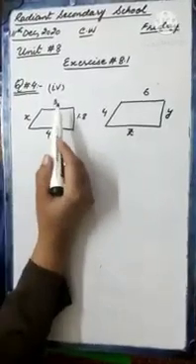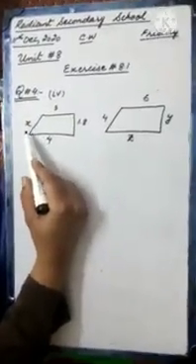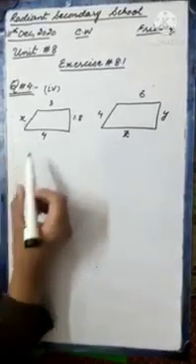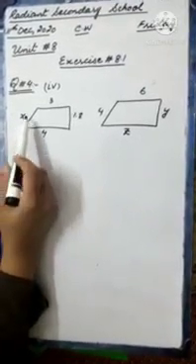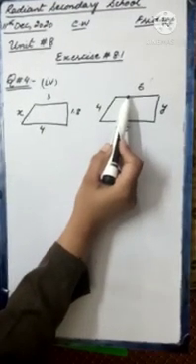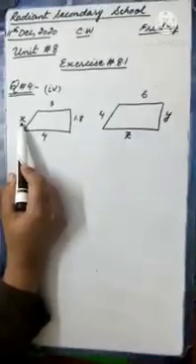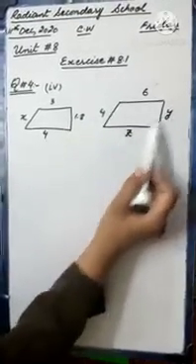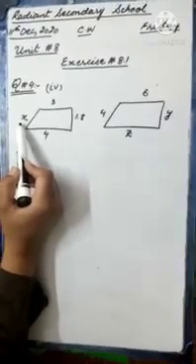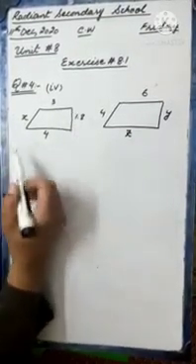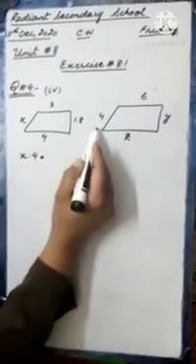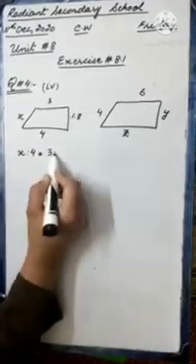Okay, so now in part number 4, we have to find the value of the unknown sides x, y and z. So starting with x, we can make the ratio of x with x ratio 4 equals to 3 ratio 6, because if we make ratio with y or z, then obviously these two are also unknown. We cannot find the value of x from this ratio. So we will select this one. X ratio 4 will be equals to 3 ratio 6.